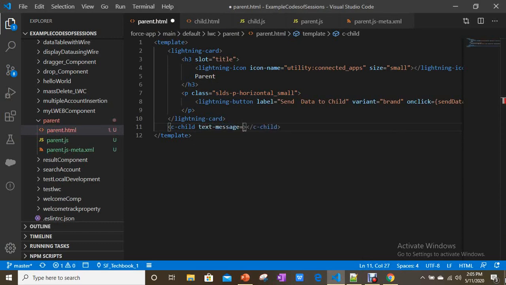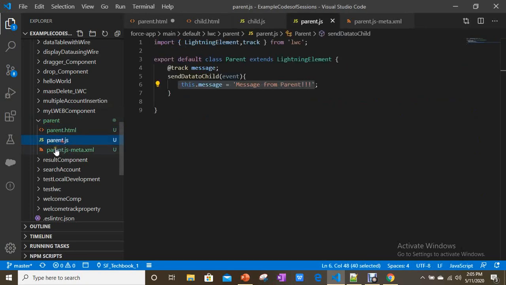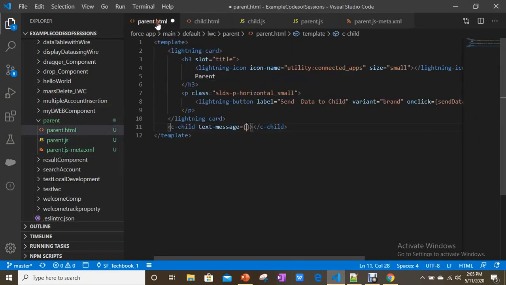You should not use it like this, it is not going to understand. So you have to use kebab case, text-message. And what is the property you have in the JavaScript of the parent? message. Done.